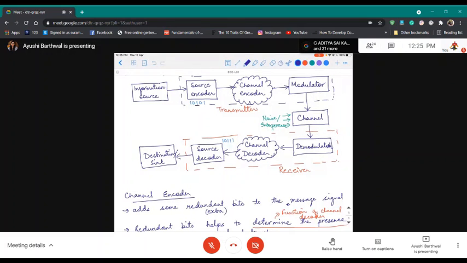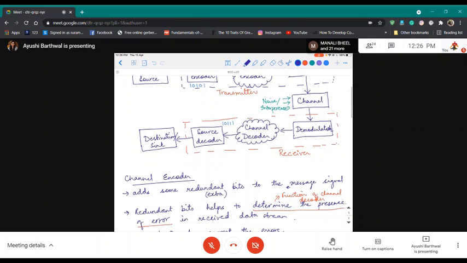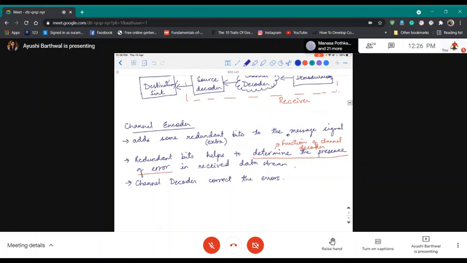Then again, the channel decoder is there, which identifies the errors, if there are any, and corrects them also. And then after the channel decoder, on the receiver side, you have the source decoder, which receives the binary data and converts it into its message signal. And finally, it sends it to the destination. So this is the function of